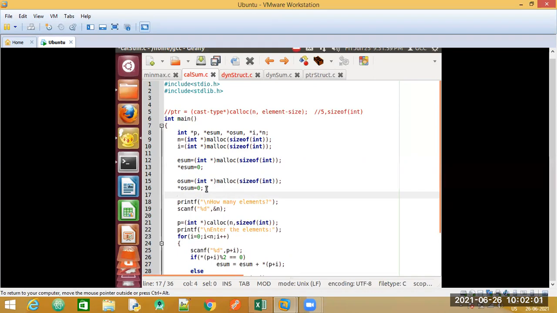Now, these statements remain the same. Only one change will happen in this. Can anyone tell what that is? Remove ampersand. Correct. We need to remove the ampersand because we have dynamically initialized our variables here. Then coming down to the next one, this statement is going to remain the same because we are going to store our elements in the form of an array continuously.